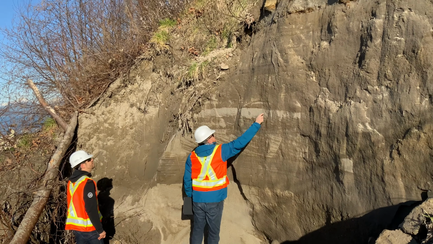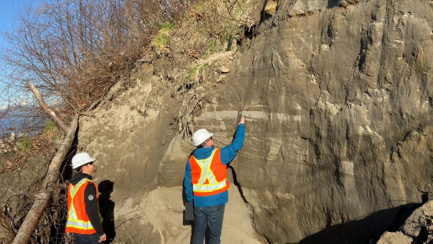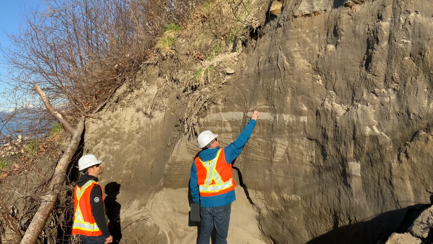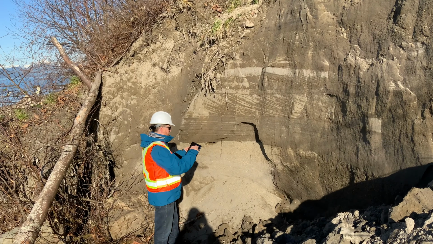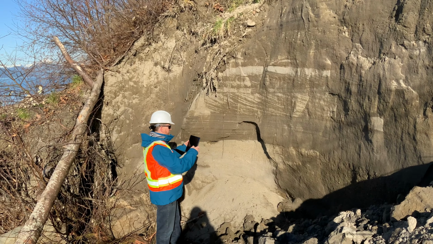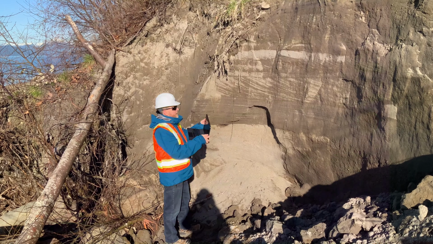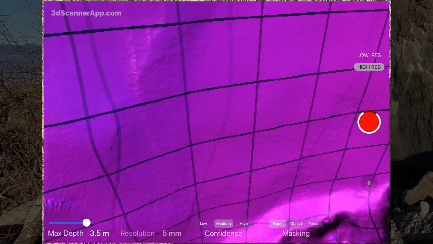Here we have Joanne and Bill from BGC Engineering out on a field visit to a sand outcrop. We can see Bill pointing at depositional contacts and cross-bedding he's observed, but how can Bill effectively relay these observations to his colleagues? Bill starts scanning the outcrop using the LiDAR scanner on his iPad, which we're now seeing via